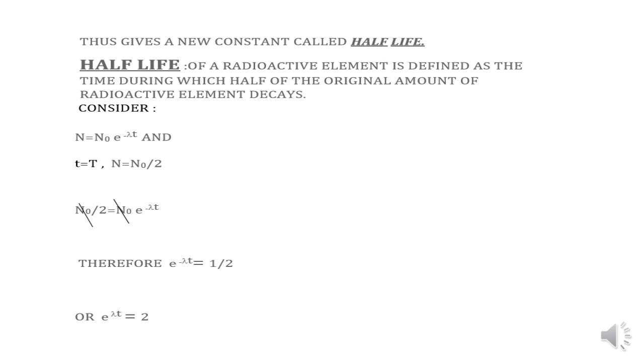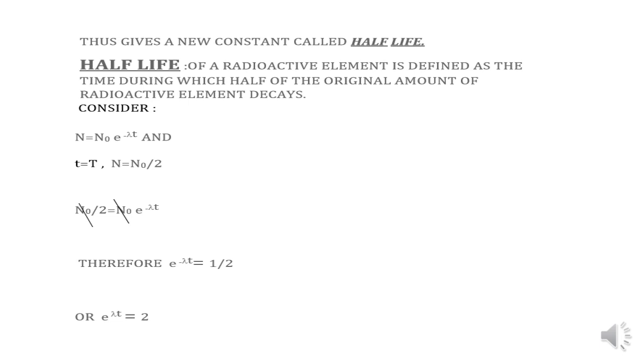So a time is chosen which is called the half-life, and we define it as the time taken by the radioactive element to become half of its original value. That is, the half-life of a radioactive element is defined as the time during which half of the original amount of the radioactive element decays. Let us consider n is equal to n0 e raised to minus lambda t, and let us put